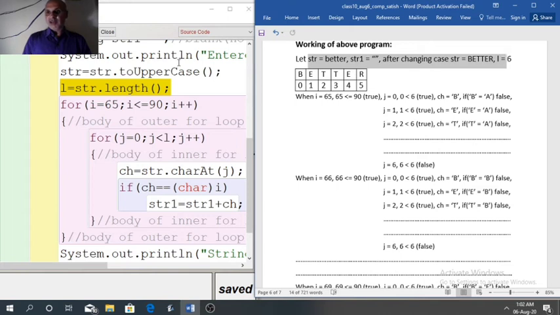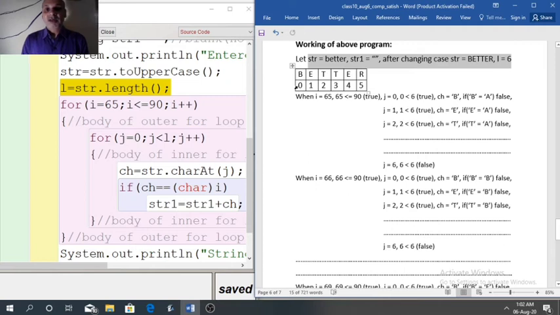Then we will find the length. So in this case, if you count the letters of BETTER, you will get total 6 letters, so L will store 6. So up to here, L equal to str dot length. It is explained here. Now the index of characters present in BETTER.